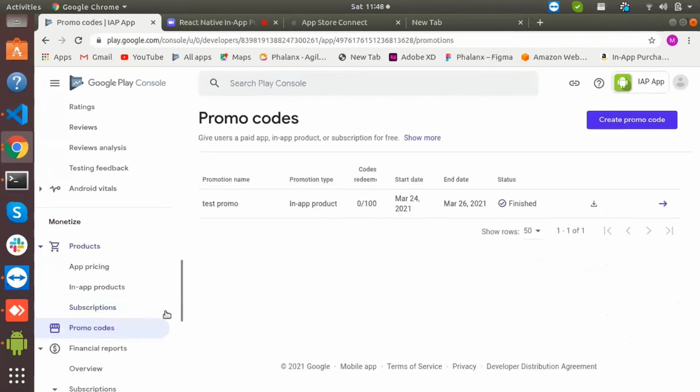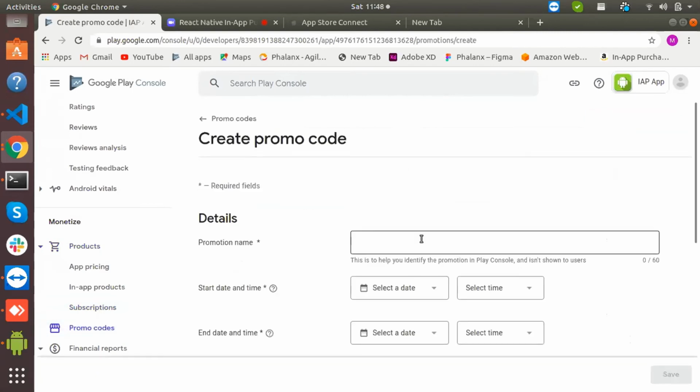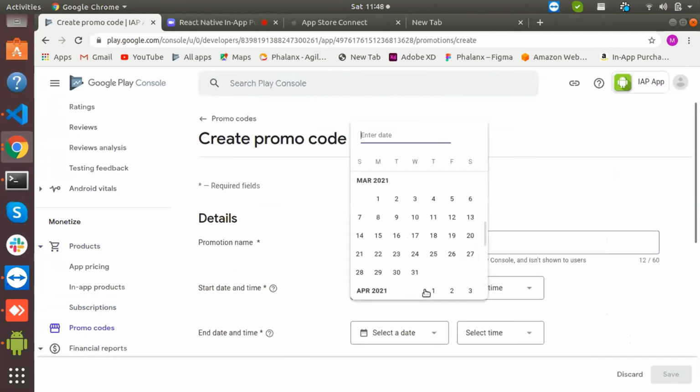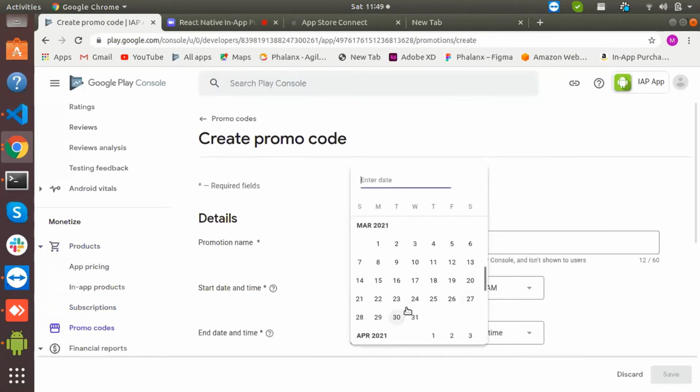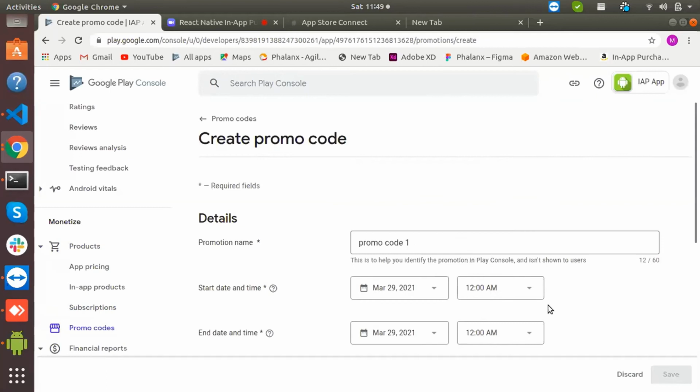We can also add promo codes. Similarly, the promo code name, the start date, which should be a future date, and the end date of that particular promo code.